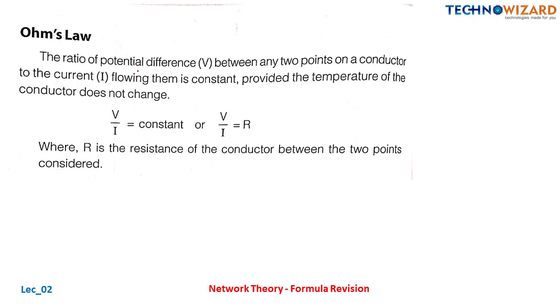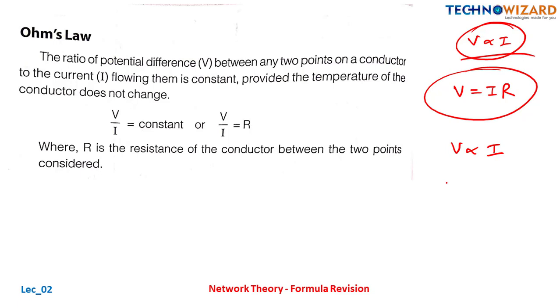First is Ohm's law. What is Ohm's law? From class 10 we are studying that V is directly proportional to I, that is Ohm's law. To remove this proportionality sign, we use V is equal to IR. From here I can say V is directly proportional to I and I is inversely proportional to resistance. That means if we increase the value of current, the voltage value will also increase, and if we increase the value of resistance, the current will decrease. I can say the resistance will oppose the flow of current, and if the current increases, the voltage will increase. So this is Ohm's law.